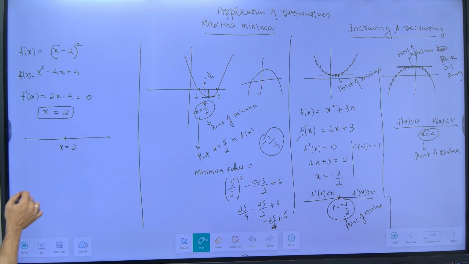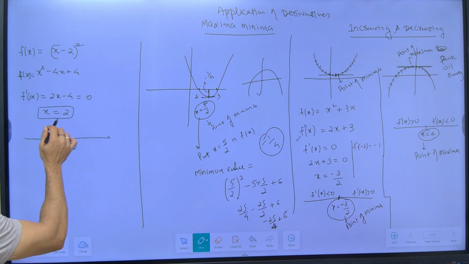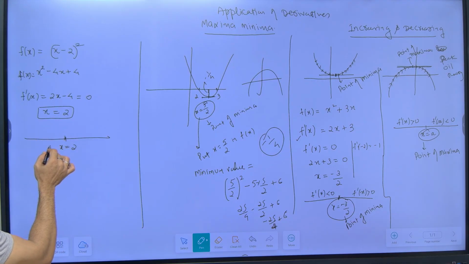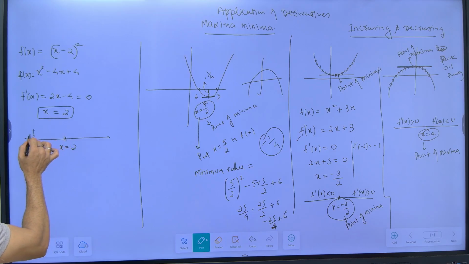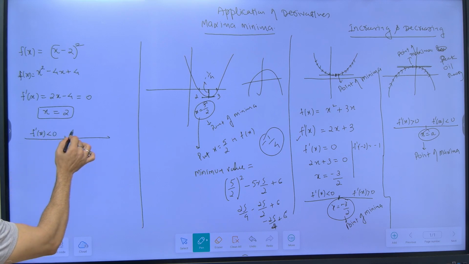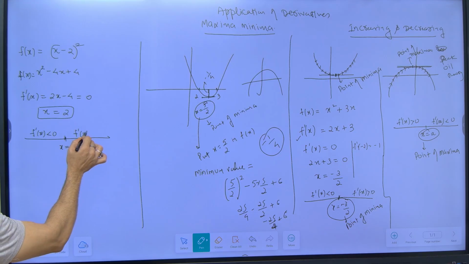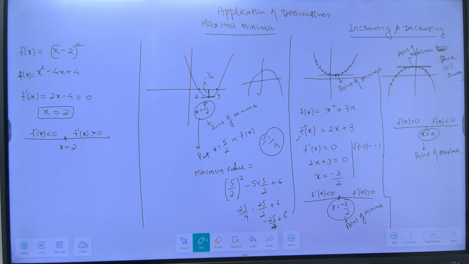Less than 2 and put it here. Let's say 1. So 2 ones are 2, minus 4 is minus 2, right? So to the left of this, f dash x is what? Less than 0. And here f dash x is what? Greater than 0. That means at x is equal to 2,